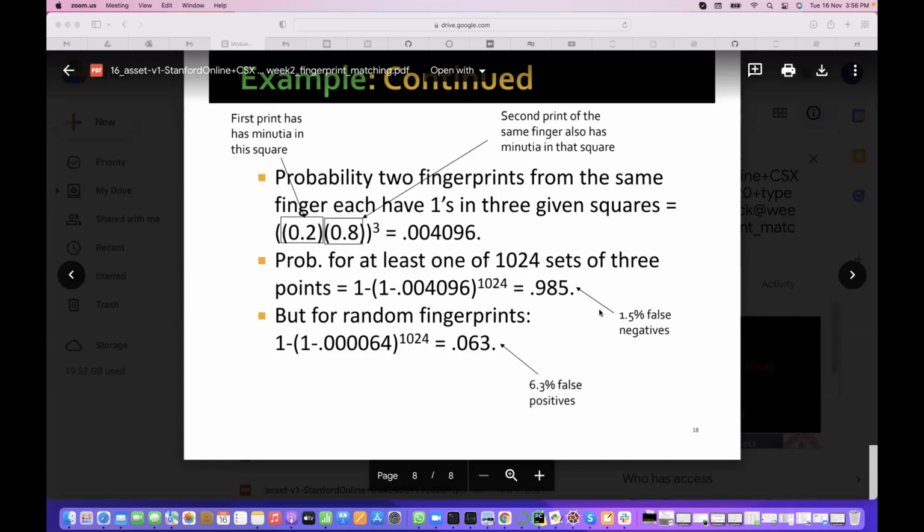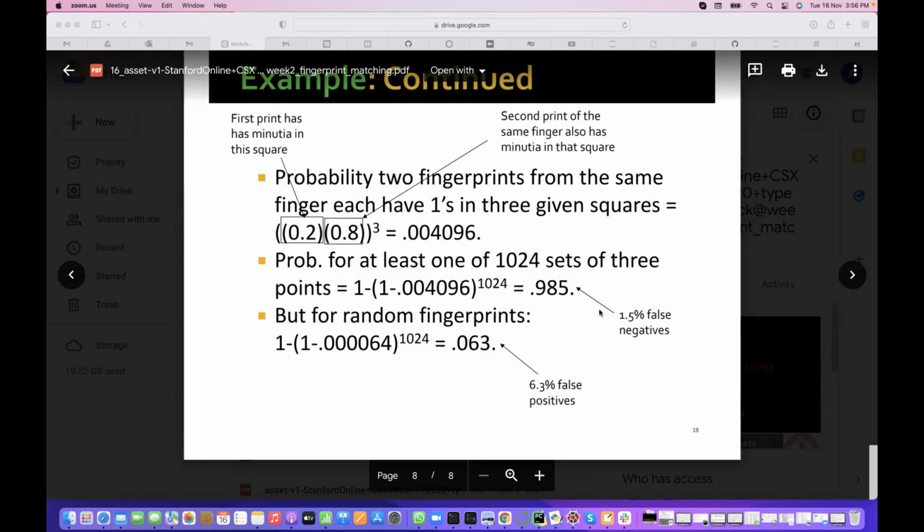So if they consider this 0.985, if it is a reward, then it is okay if 1.5% of people are removed. But if it is punishment, then they don't agree for this, right? I need 100% accuracy that they did this crime. So it depends on what problem and in which situation we are providing these solutions, whether these solutions will be useful for them or not. That also we need to think.